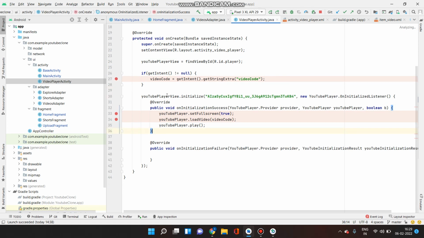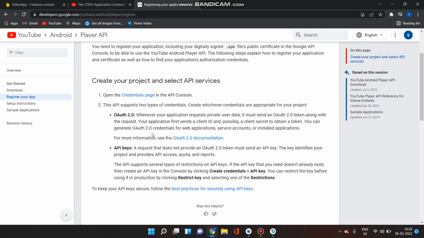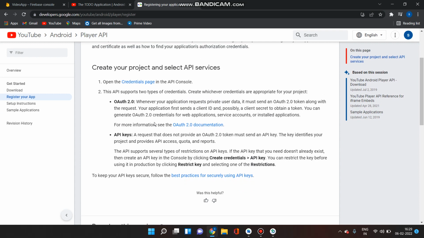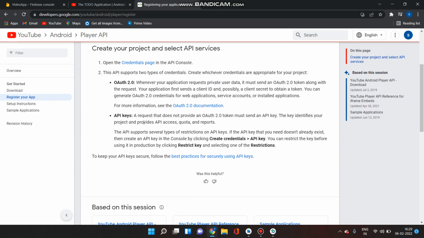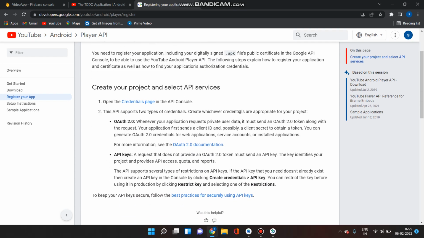And then whatever code has been passed from the adapter, I'm just fetching that code over here using get intent. Now you need to initialize the player. For that, we will require an API key. So from where you can get the API key is, first you need to add your application in Firebase, and after you add your application in Firebase, there's something called the Google API console. So in that console, you can just get your API key from create credentials and API. You can follow the steps for that to get the API key.